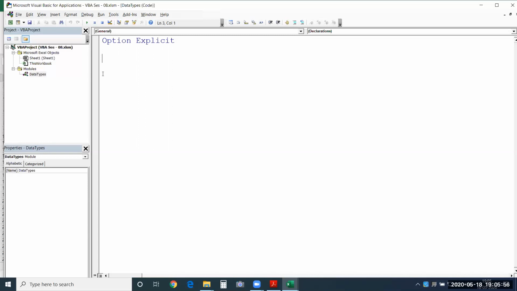There are a lot of data types available to us in VBA, and they are classified into two broad types: data types for values and data types for objects. When I say data types for values, you use numbers, and within that you have numbers in a small range, huge numbers, and numbers with decimals, fractions.